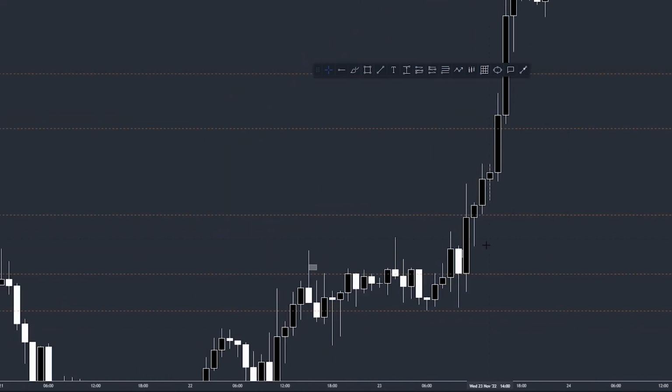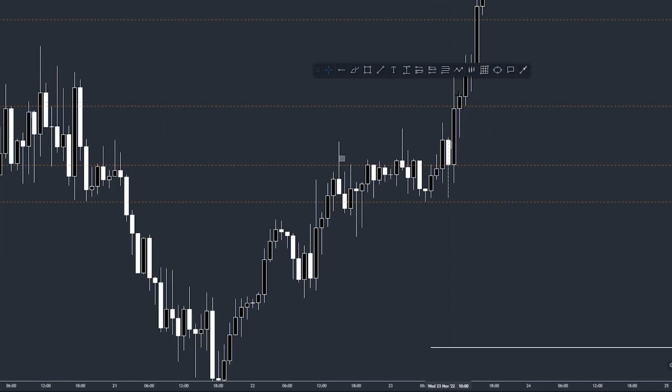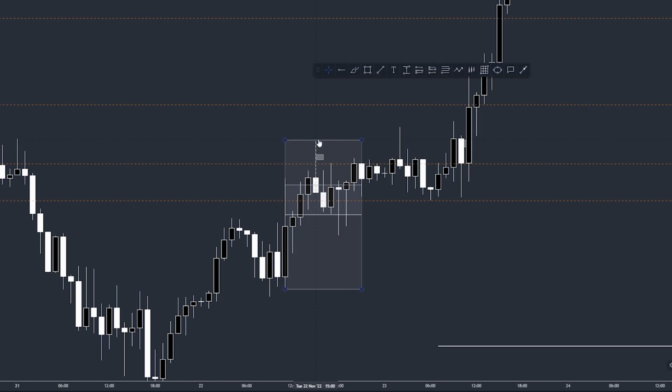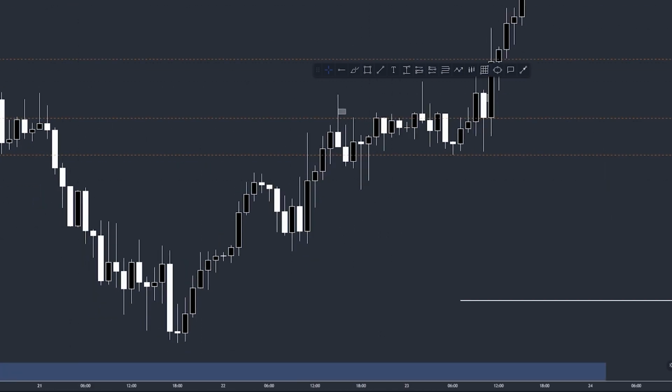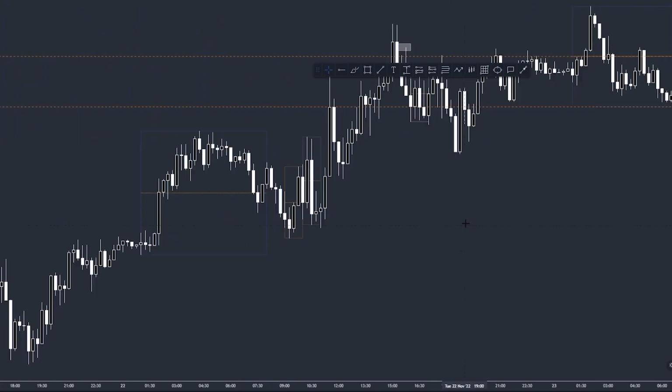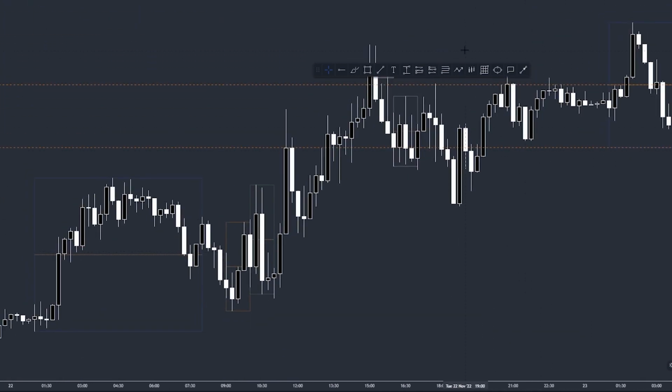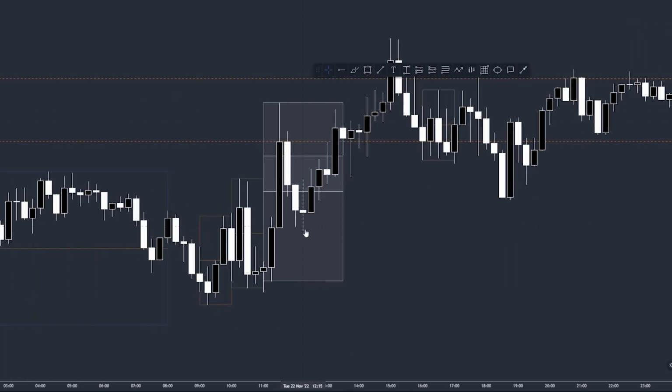So if we go, let's find an example right here. If you draw the Gantt box from this low, for example, to this high right here, you can see that price had a bullish run and then it began a quick pullback phase where price spiked into the discount zone before going back into the premium zone. This can work on any time frame, so even if you use the 15-minute, you can use that for smaller trades. So every leg is like a Fibonacci tool from the low here all the way to the high here, and you can see that price came into the discount zone and then started pushing higher.